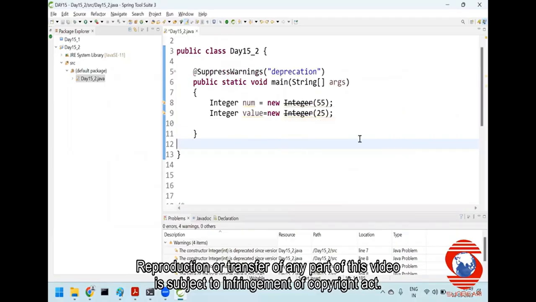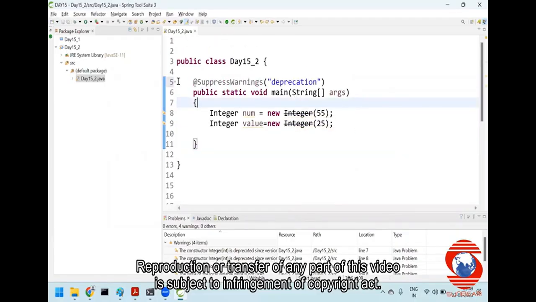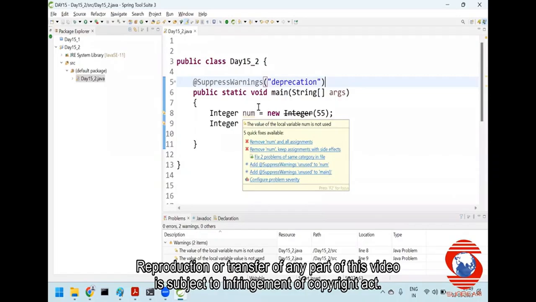Let me just select that. Can you see I'm getting @SuppressWarnings deprecation. Means can you see the warning has been removed? तो कंपाइल टाइम पे मुझे कोई वार्निंग नहीं. ये वार्निंग क्यों आ रहा है num और value पे? इट इज बिकॉज अब तक मैंने उनको यूज नहीं किया, मैंने उनको प्रिंट नहीं किया, अनयूज्ड है वो, इसलिए